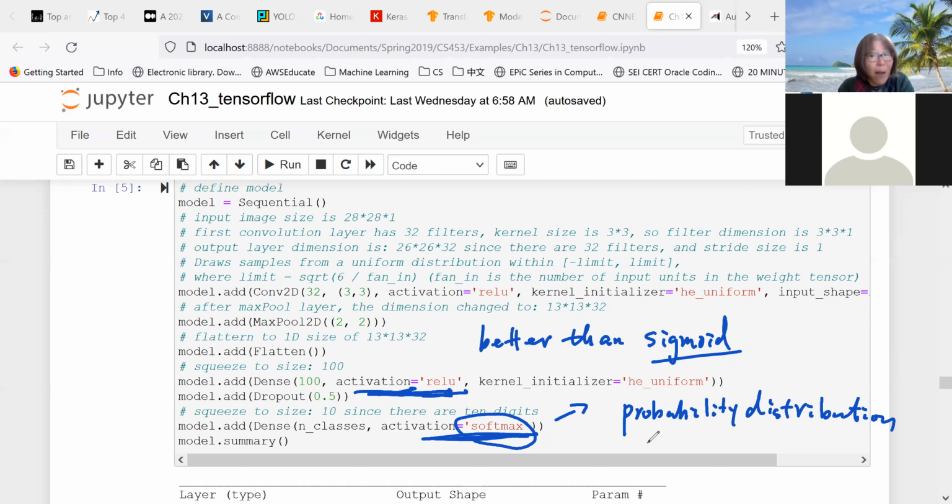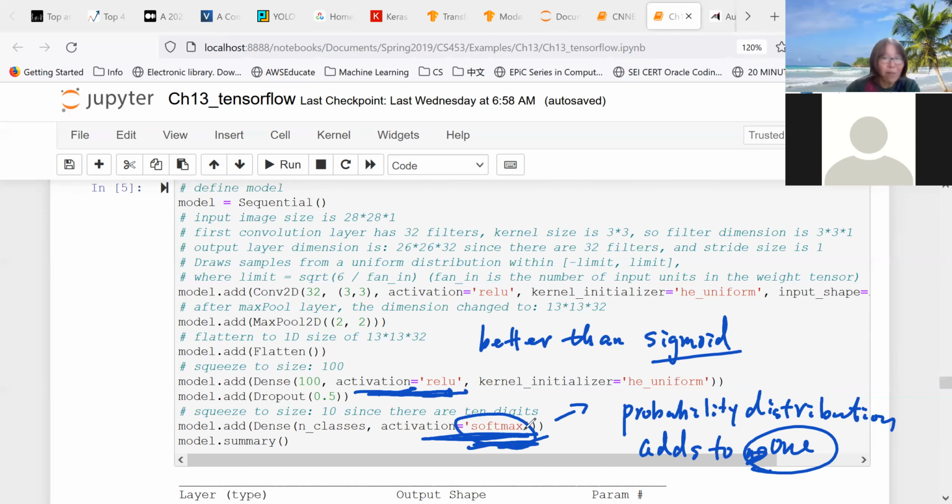There's a distribution, but it adds to 1. Adds to 1. Is it? So that's the difference between the sigmoids. Sigmoid is also a probability distribution, but if you add them all, it's not 1. Okay. So softmax. Okay. So it's the last layer, and after that, in TensorFlow, you can also get a